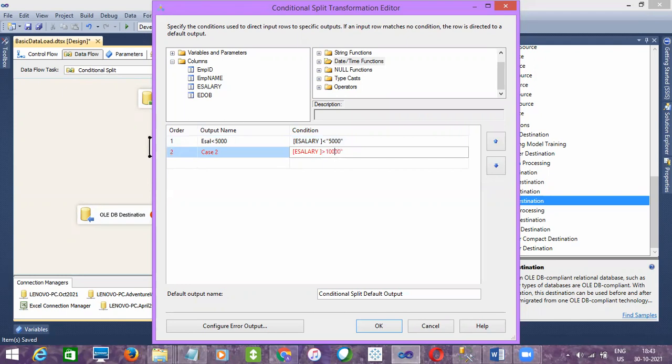So I should give the value in double quotes, and I'll name the output column e salary greater than 10,000. Okay, so these are the two conditions I am giving here, and based on that the output will be split.